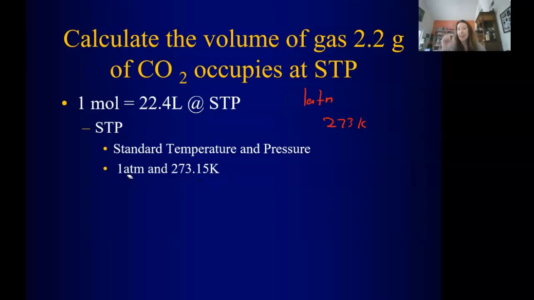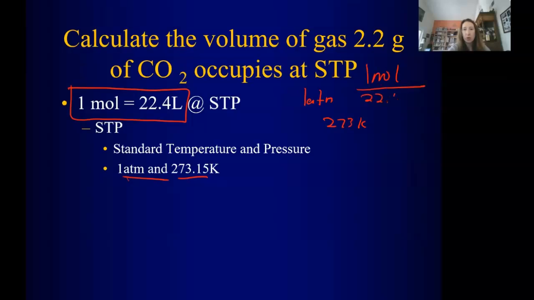If we are at STP, meaning 1 atmosphere and 273 Kelvin, we have this conversion: 1 mole of any gas occupies 22.4 liters. Or I could have written it like this, 22.4 liters is 1 mole of any gas. Again, this is only at STP. So if I want to know the volume of gas of 2.2 grams of CO2 at STP,